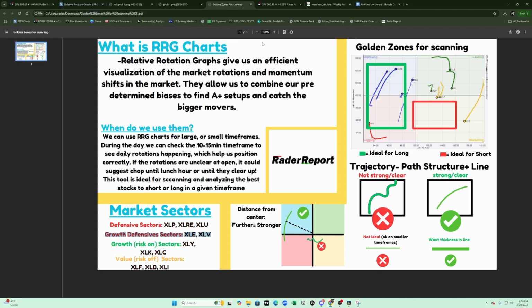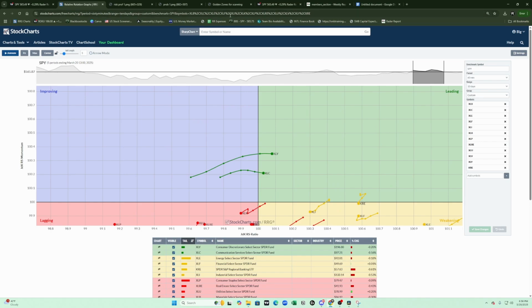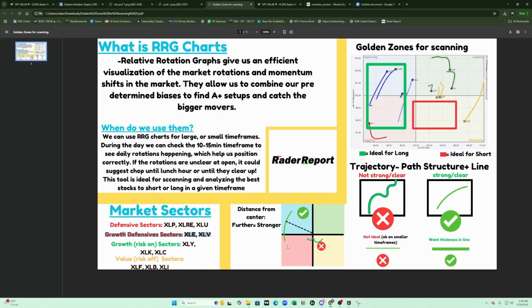So first of all, of course, there's the time frames and things like that we'll get into, the best ones here, but also different selections we can do from crypto, everything else. But what I like to focus on is, again, the sectors and industries. And particularly with the tool, I like to focus on a few different things. First of all, the distance from the center is important. The further you are from the center, the more momentum you can expect and the stronger that this rotation is